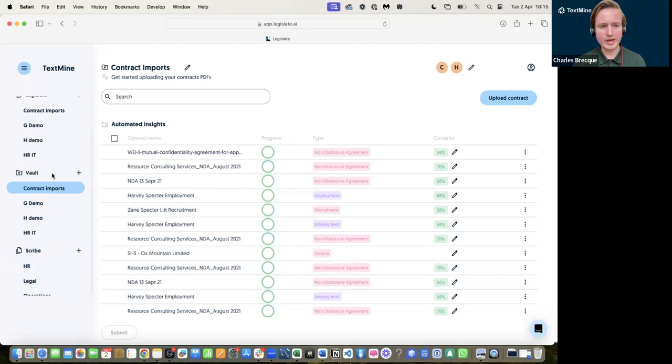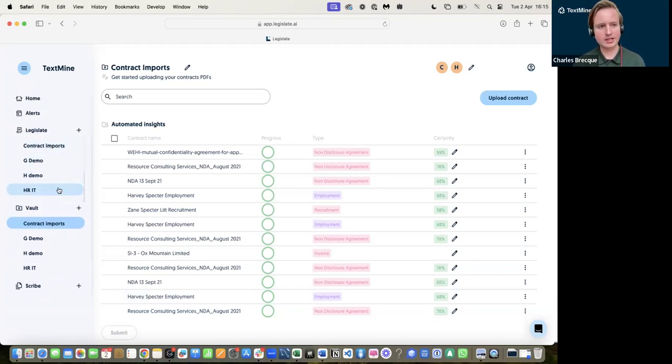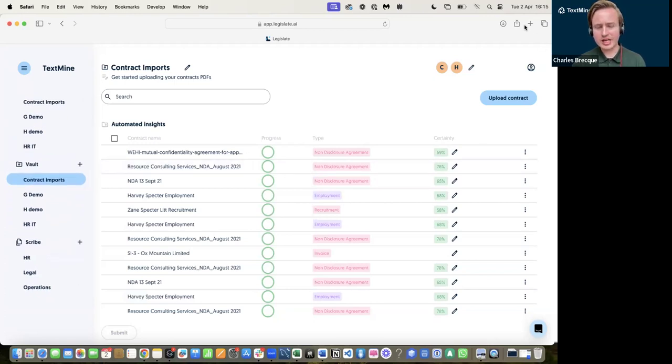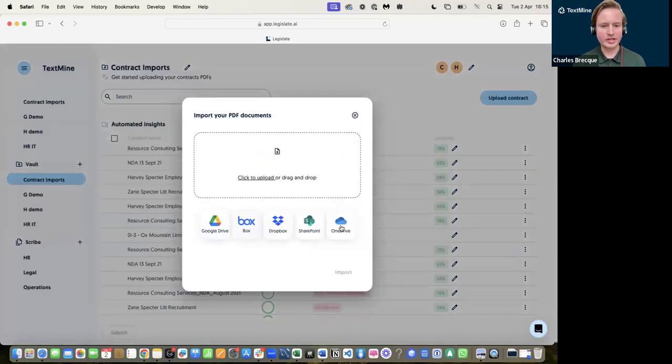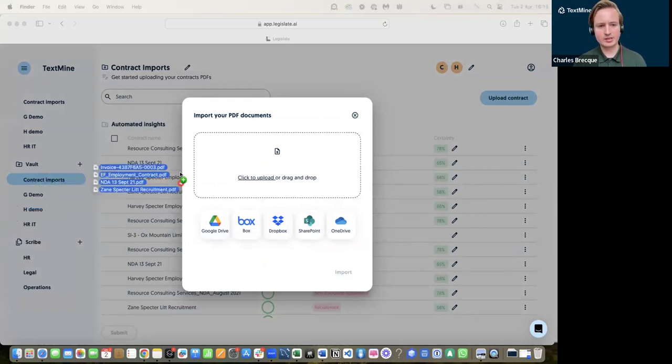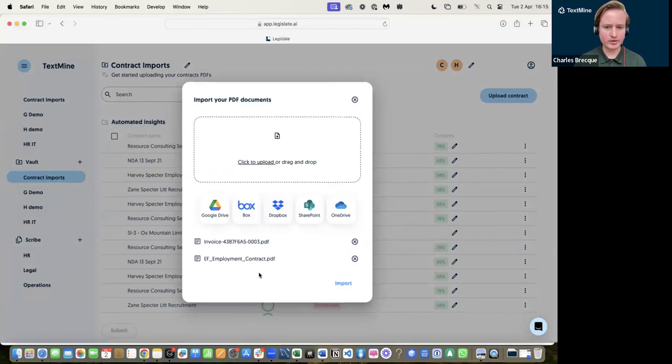Today's demo will mainly focus on Vault, which is our very own self-hosted large language model that we fine-tuned to understand business critical documents. And then once the data is extracted from Vault, you can manage that data in Legislate. So the first step of the process for extracting data from your documents using AI is to connect your documents to the platform. This can be done via the main file storage systems, as well as ERP and CRMs, or you can do a simple drag and drop of files which might be sitting on your desktop.